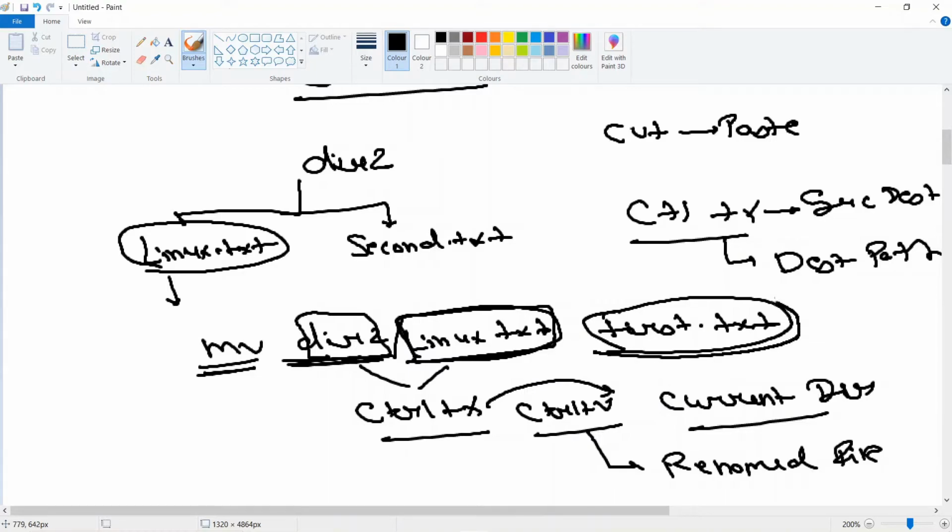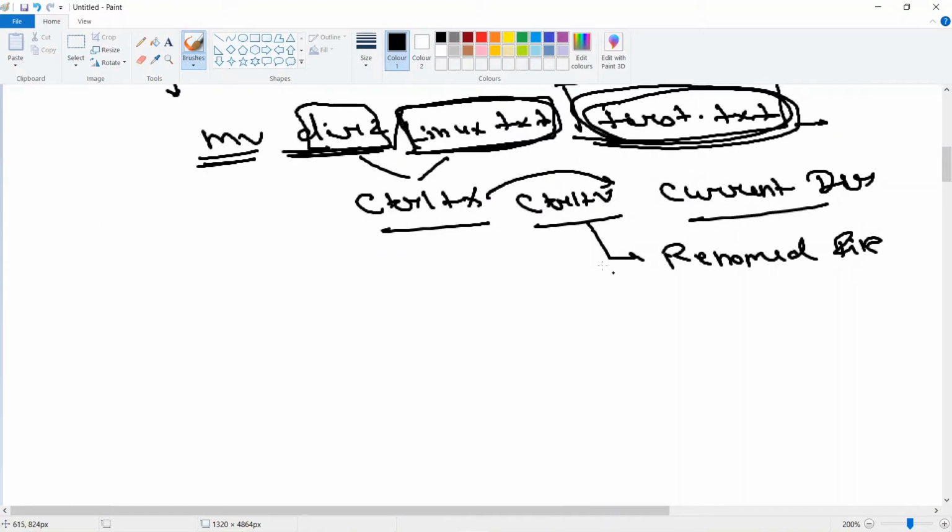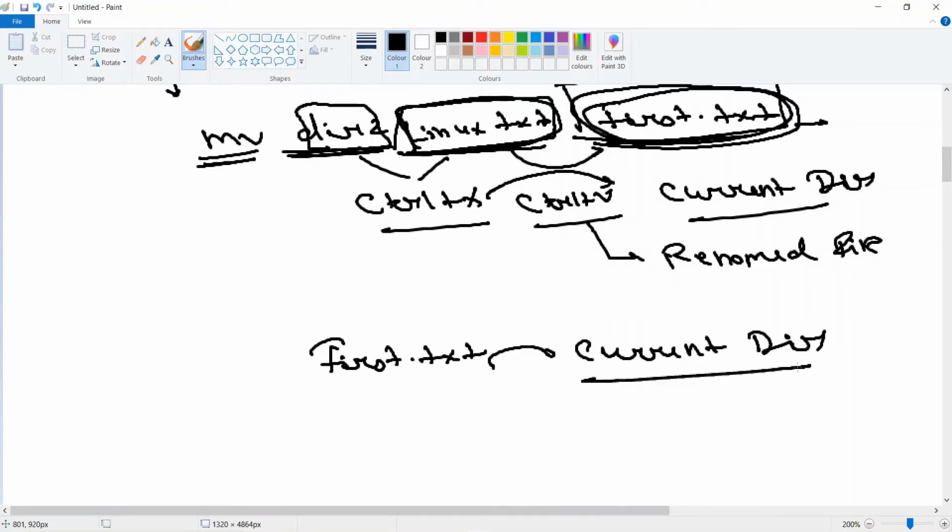Now here for the destination path we didn't give anything. So with the mv command, if you don't give any path at the second place, that is, at the destination path, and you only give the file name that we are giving here, first.txt, it will paste that file. I can say that linux.txt was renamed to first.txt and then copied to the current directory. If you don't specify any directory or folder in the mv command, I can say. Now if you check that linux.txt